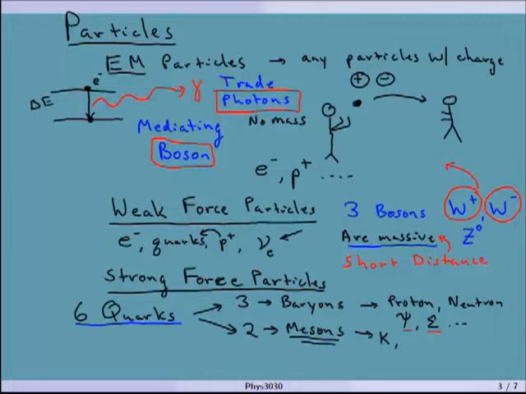The boson of the strong force is what's called a gluon, which is a not very creative name for what glues the quarks together. And there are 8 kinds of gluons, and we won't talk about the different names of gluons because there are too many of them, and it has to do with something called color. Your book talks about this a little bit, but we'll spare you the details right now. But there are 8 types of gluons to consider that get traded back and forth between the quarks.